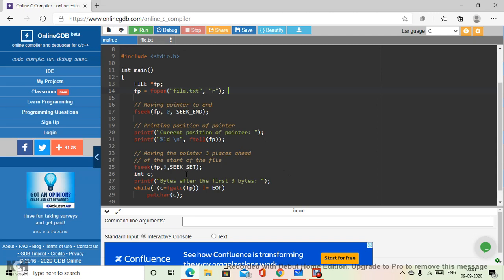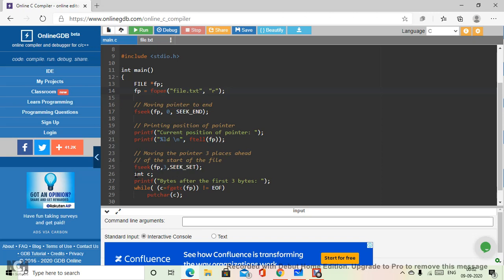Now again we have used the same fseek function in which we give the file pointer, and now we have set the offset value to integer 3. That means starting from the first, second and third location, we will shift our cursor over here. And SEEK_SET is for the beginning of the file. That means whatever value we indicate for offset will be added to the whence position. So whence is the beginning, that is 0, the starting index, and then we will be moving 3 steps ahead.